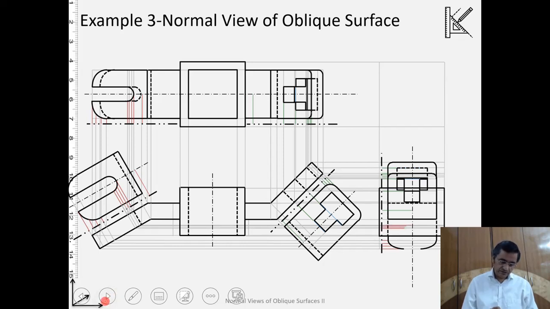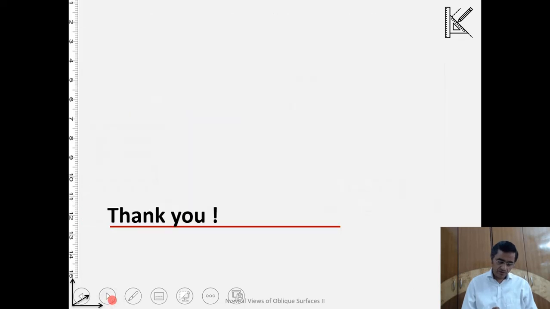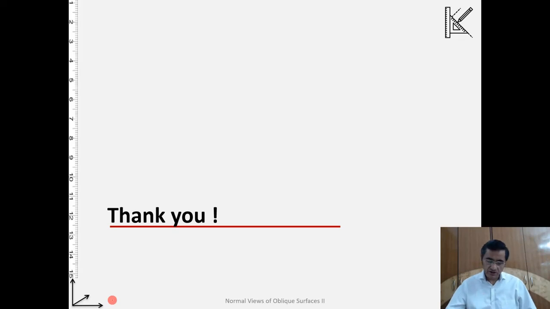So please do it, and the best thing is to draw it yourself to learn it. So with this we are completing the auxiliary view, and I've given you some very involved problems requiring lots of lines, projections, distances and all that. The best way to learn it is by doing it. So please do some of these yourself. Thank you.